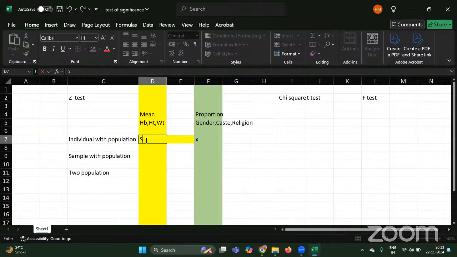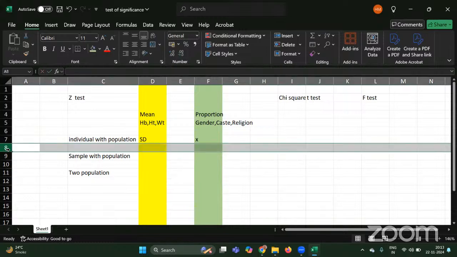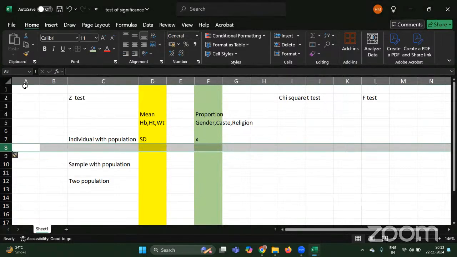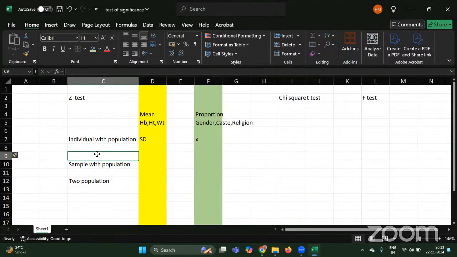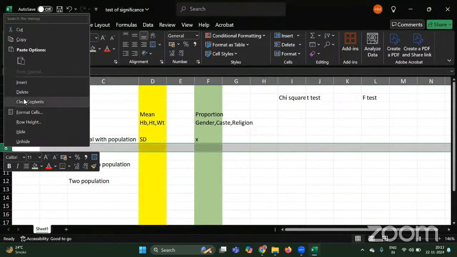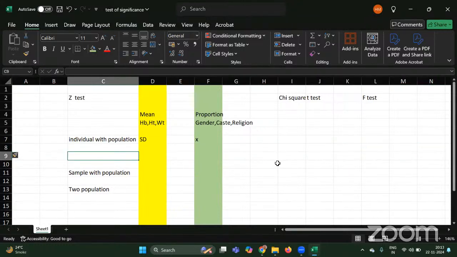We'll write standard deviation. We'll also understand how we are using this standard deviation. We'll not go into the exact calculation of it, but how we are using it. That we'll be considering. So, taking an example,